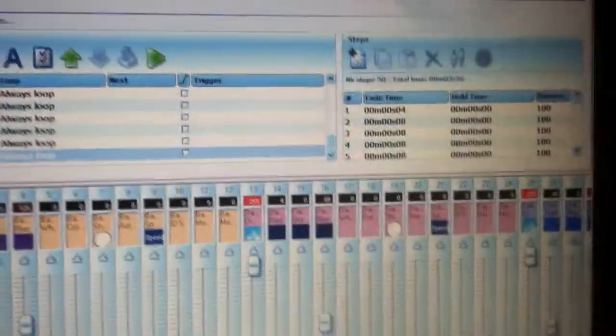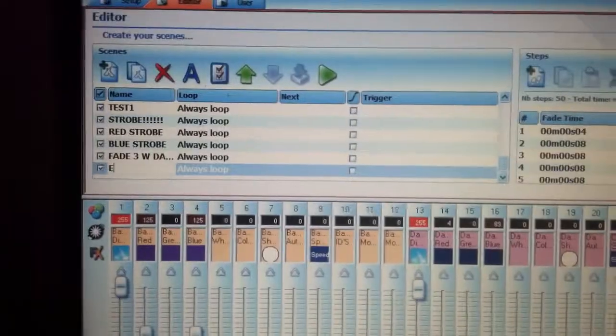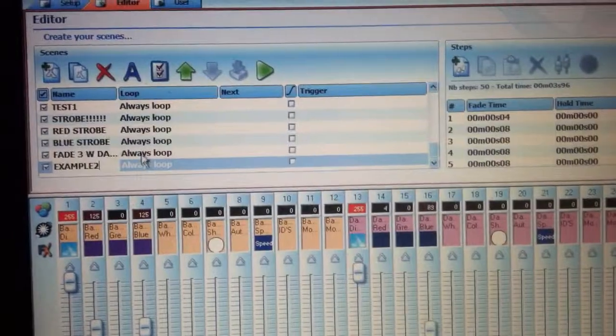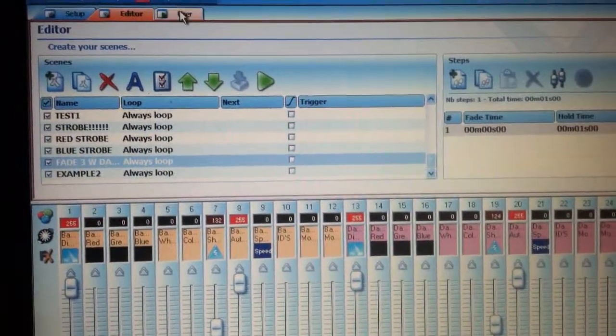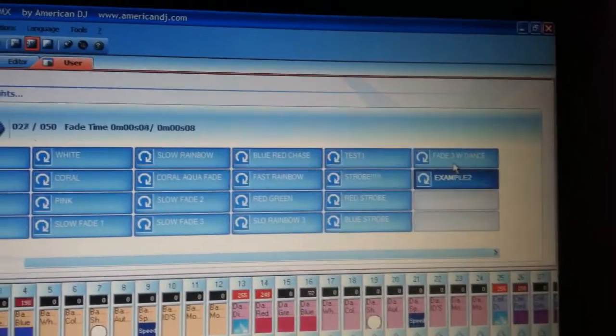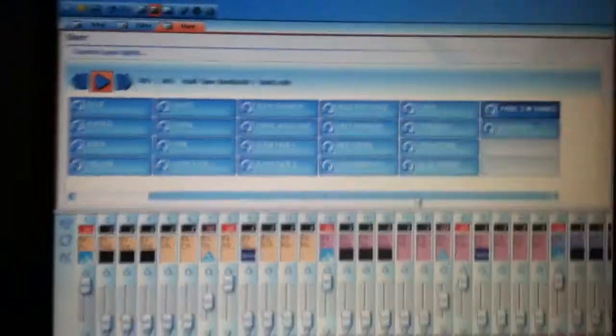Alright, and go here, rename it. I'll call this example 2. And we should have it all the way at the end of our menu. Bam. There we go. Okay, so